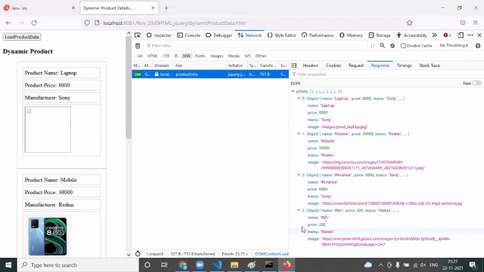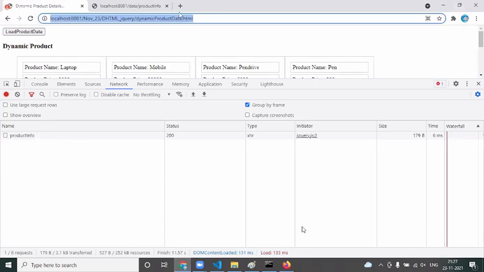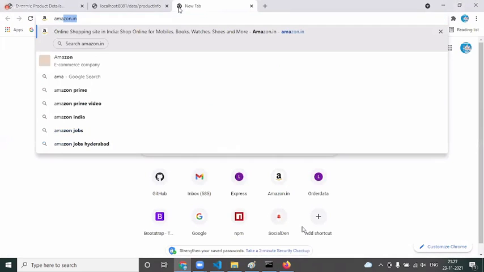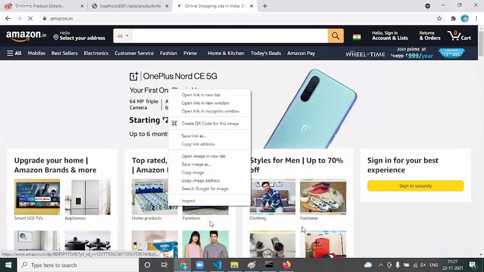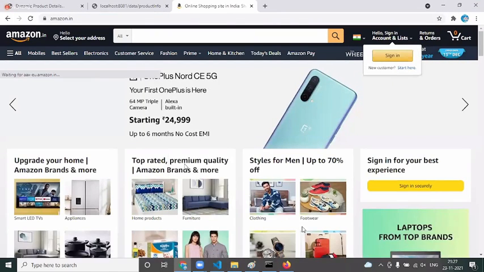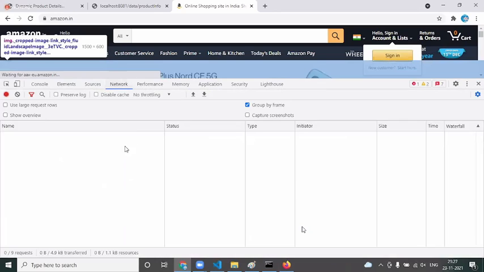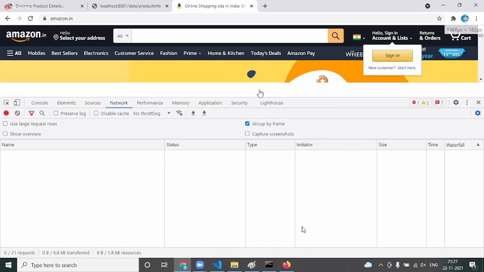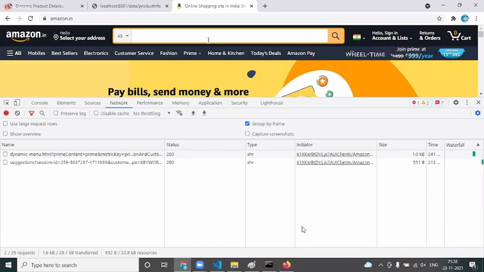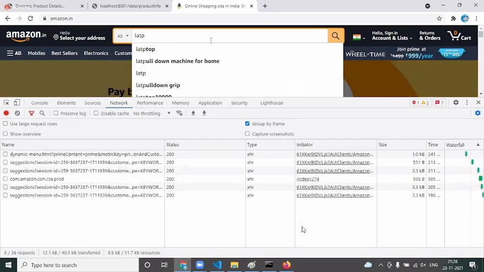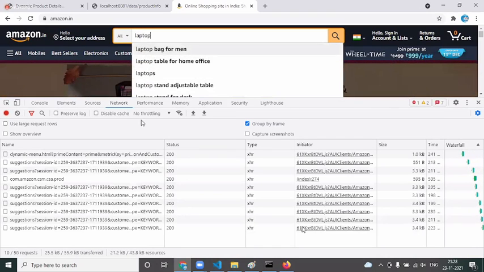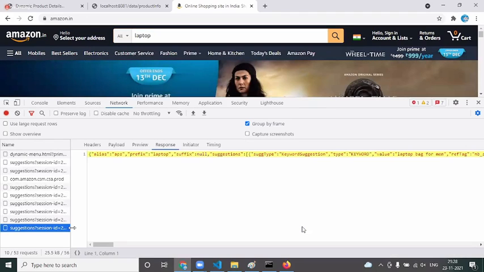This is how easy you can actually monitor the AJAX calls within your browser. Let's take a practical example, guys. Go for Amazon. Whenever you inspect this, go to the Network tab. Whenever you are searching for something, I say laptop. When I'm searching for laptop, whatever suggestions you get, this is again a web service